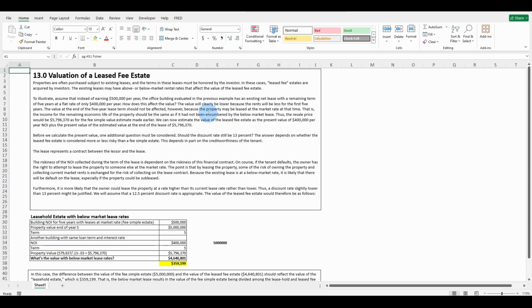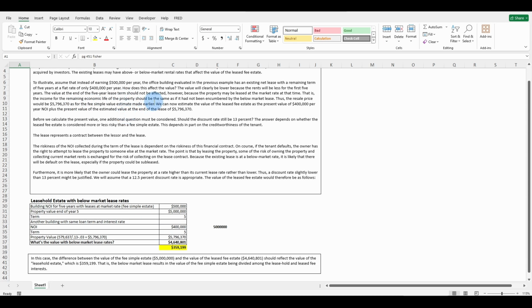The value will clearly be lower because the rents will be less for the first 5 years. The value at the end of the 5-year lease term should not be affected. However, because the property may be leased at the market rate at that time, that is, the income for the remaining economic life of the property should be the same as if it had not been encumbered by the below market lease. Thus, the resale price would be